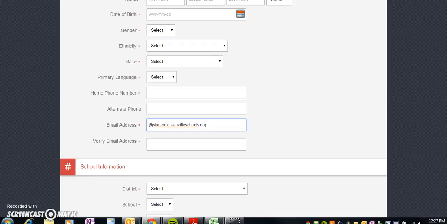Next, you need to fill in your email address. This is the username that you signed into the computer with, right down here. And then the second part of that email has to be at student.greenvilleschools.org. So you can see that there. You need to verify the email address. Your username at student.greenvilleschools.org. This is so important that you have the correct email address and that you are using your school email